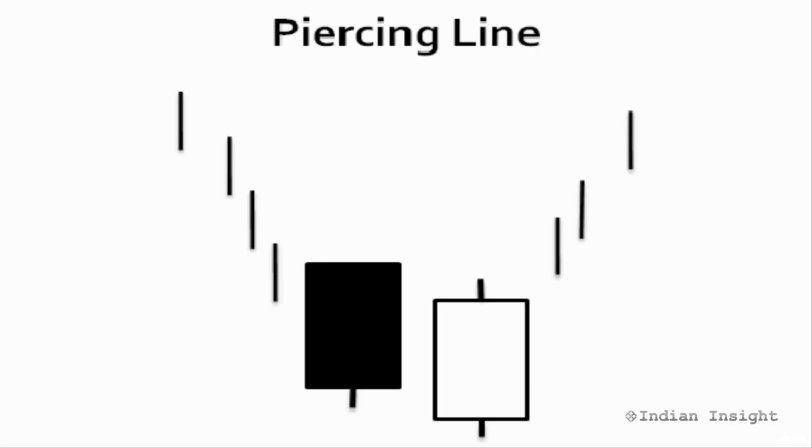Now the next pattern is the piercing line pattern, which is opposite of the dark cloud cover pattern. Now for this pattern to be of significance, it should occur after a substantial downtrend. The first candle in this pattern is a long black candlestick, which essentially confirms the downward trend to the trader. The next day, prices open at a new low, but then recover to trend higher all day, and ultimately the prices close above the midpoint of the first candlestick's body.